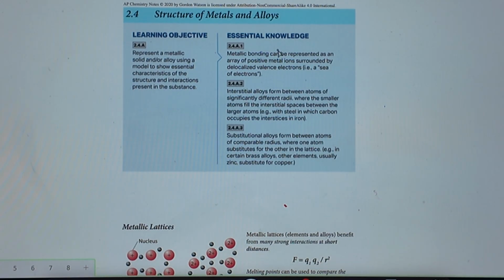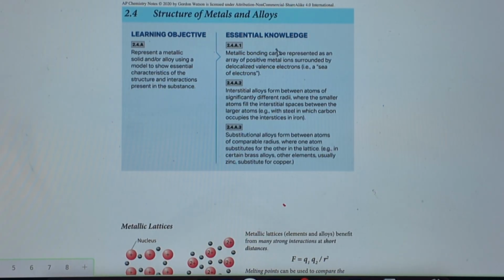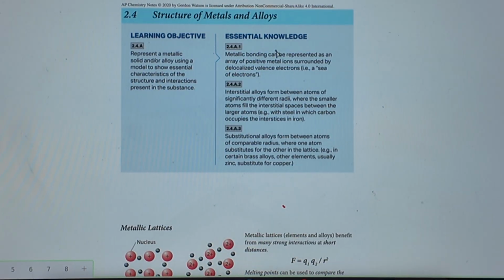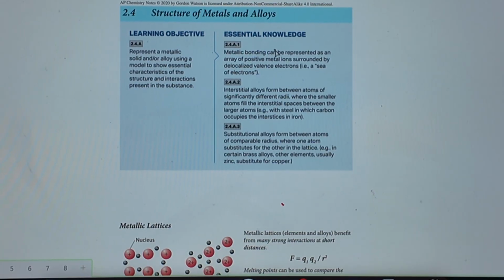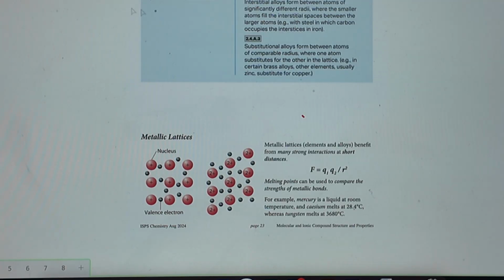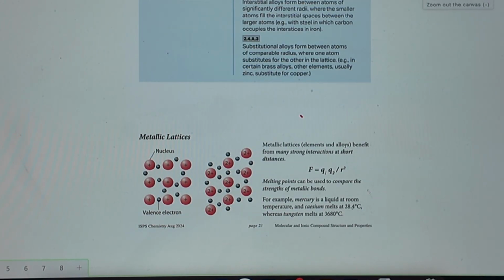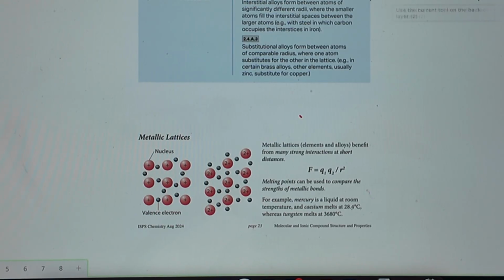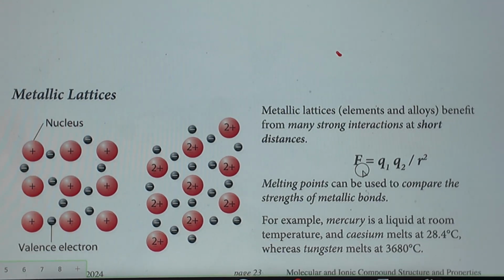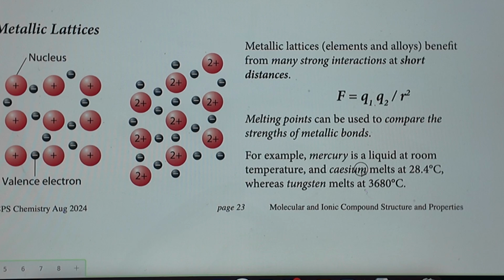This is a video for section 2.4 of Unit 2, and it is about the structure of metals and alloys. So we start off by looking at metallic lattices. And remember, lattices are like the